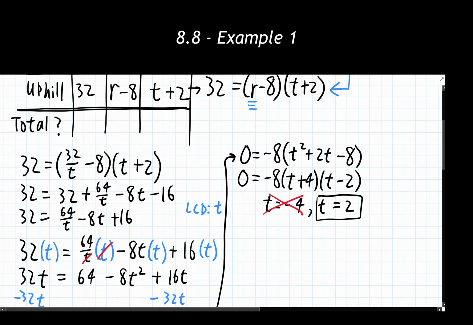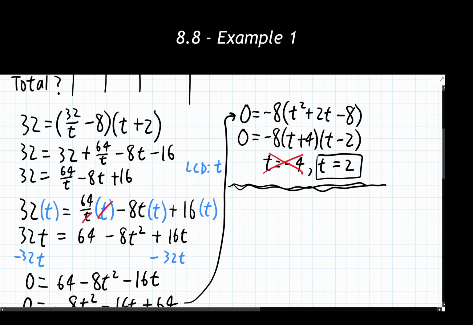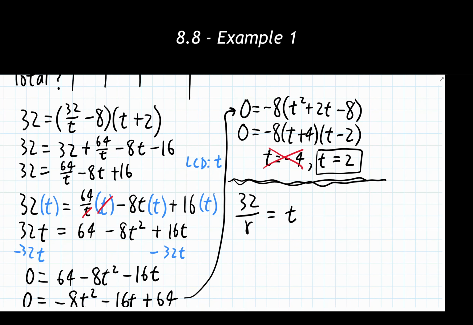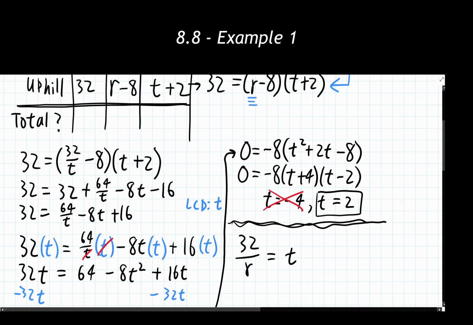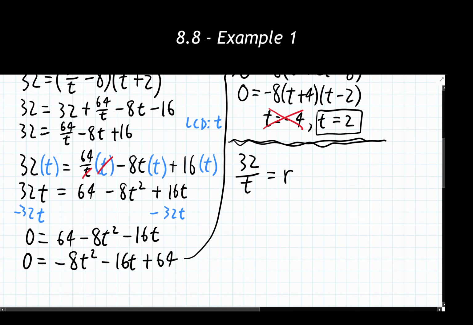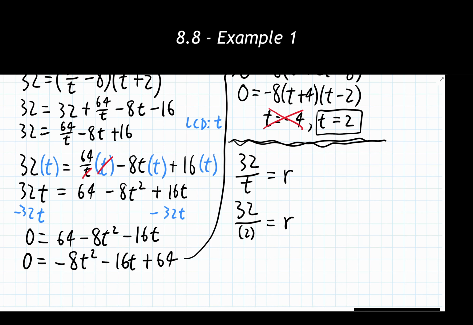So I'm just separating my work out just a little bit here, just to show that I've got a different part. I'm plugging in this 2 that I found. Oh, I reversed them. It should be equals r and divided by t. There we go. Now I got it. So this 2 is going to now go into this, replace this t down here. So I get 32 divided by t equals r. That tells me that the speed, or the rate that was traveling at, is 16.